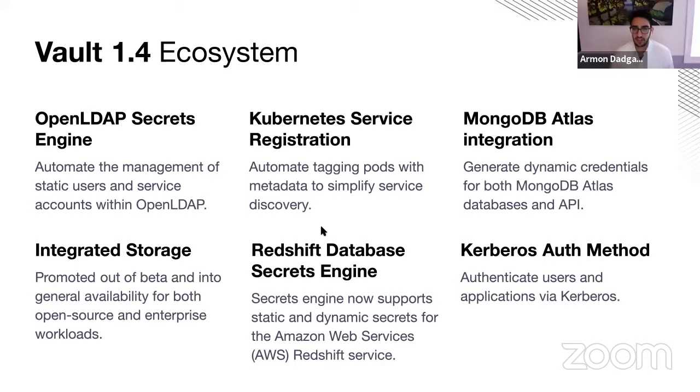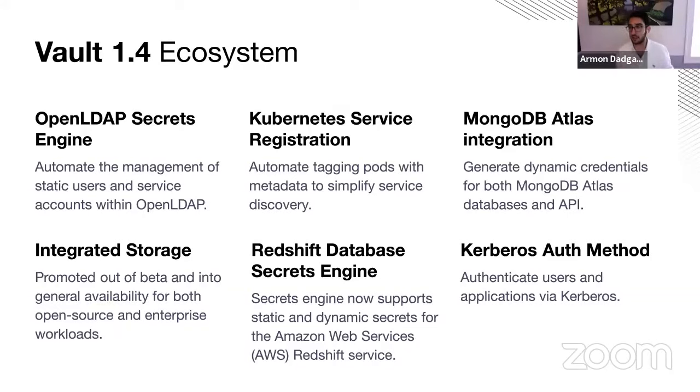The other one is a similar integration for MongoDB Atlas service. The Atlas service is the cloud hosted Mongo, so this gives you a SaaS experience if you want a Mongo service, but at the same time, there's the same challenge of creating static credentials and needing to manually rotate those. Now that there's a native integration there, there's a similar option where you can do the one-time configuration of Vault. And from that point forward, Vault can manage the credentials for that Mongo cluster and do an automatic rotation